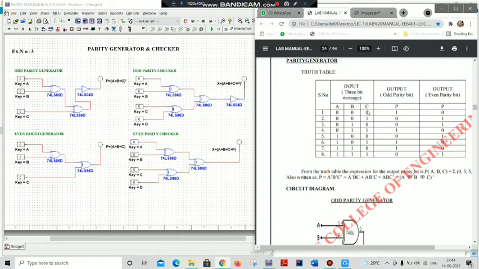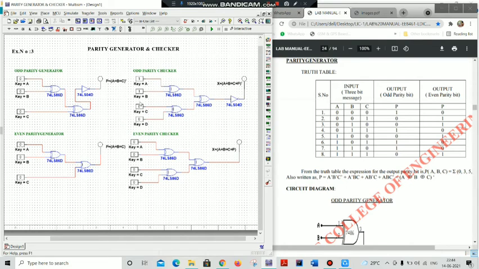I'm checking this truth table with this circuit diagram. So I make the input as 0 0 0 for the odd parity generator, and similarly I am taking the odd parity checker input as 0 0 0.